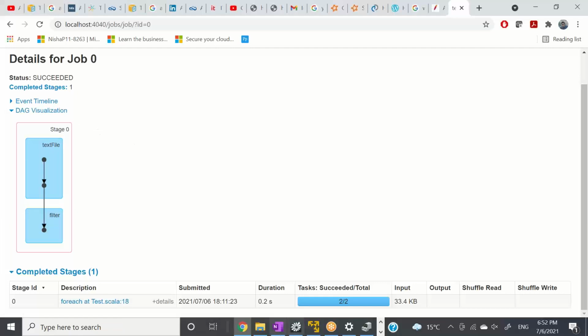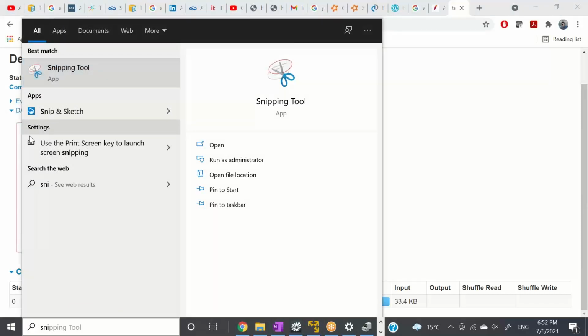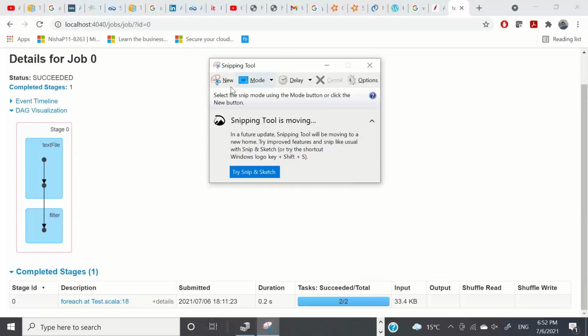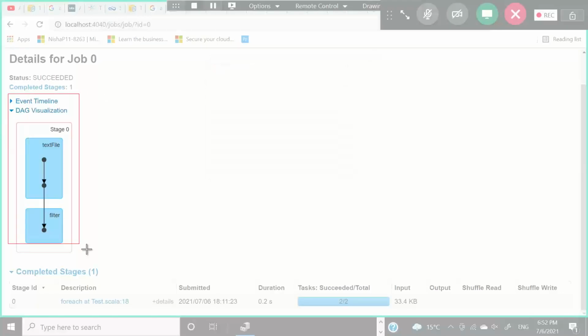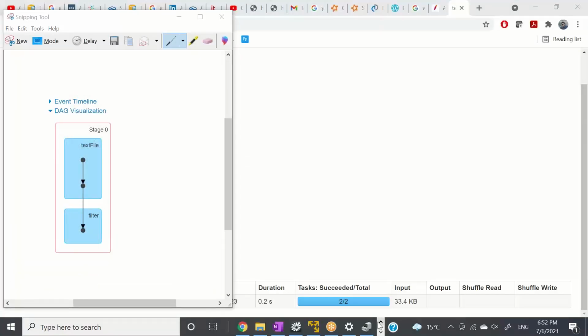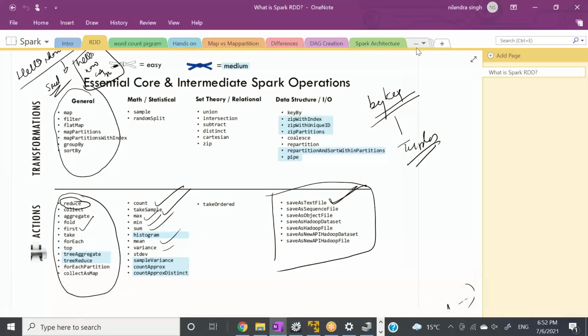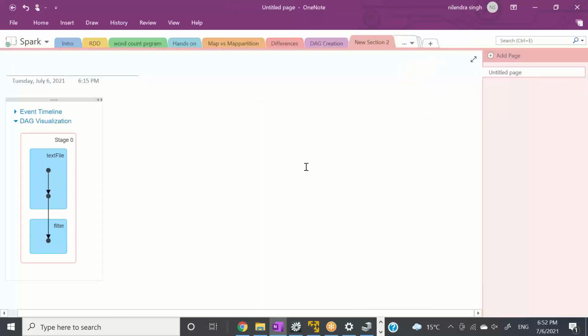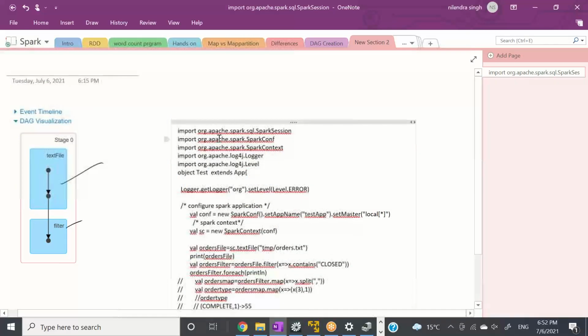Now I have told you three things, right? Let me snip this thing for you guys. One second. So let's put this here. Okay, let's put it here, right? So what I was doing, I read the text file, then I did some filtering, and let me compare it with the code. I will copy my code here. Okay, so let's compare one by one.